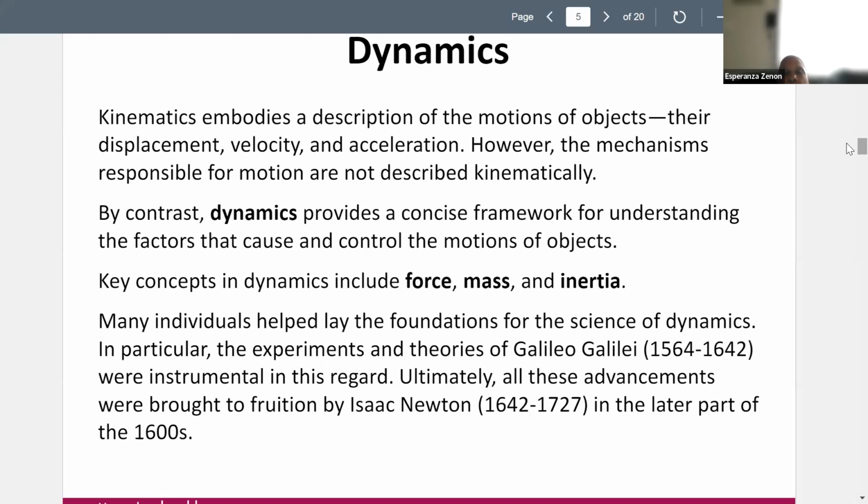So from the time of the Greeks until Galileo, you can see a profound increase in correctness in our ability to describe